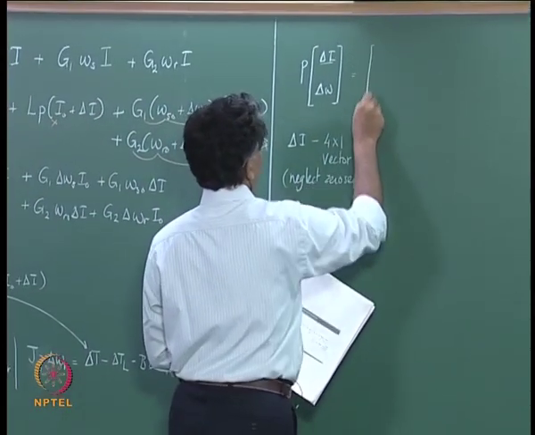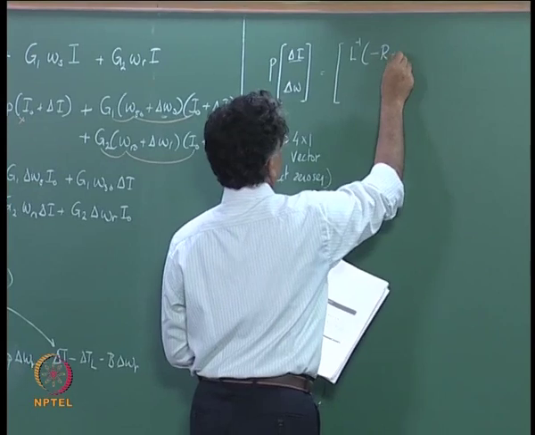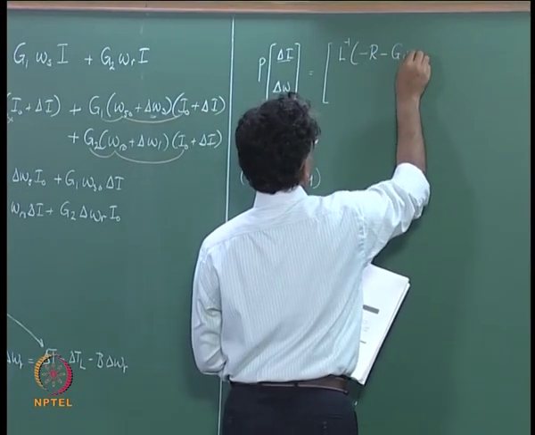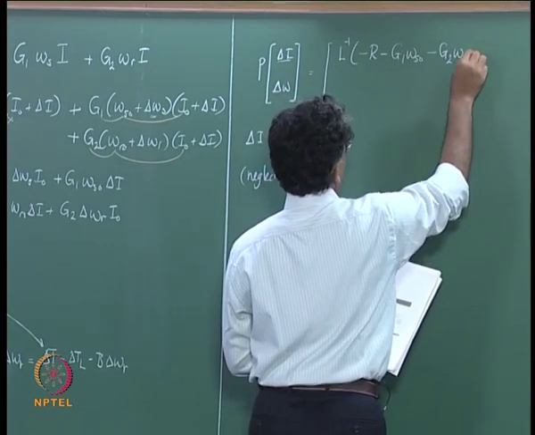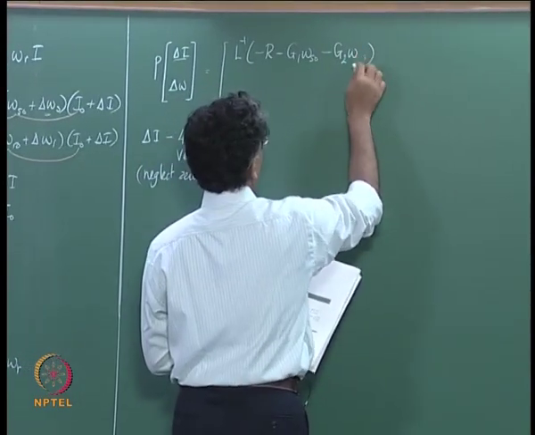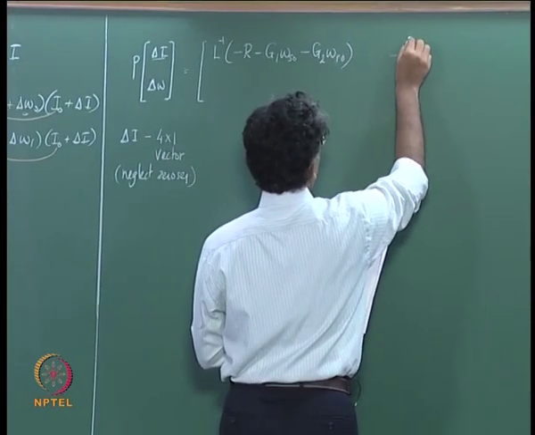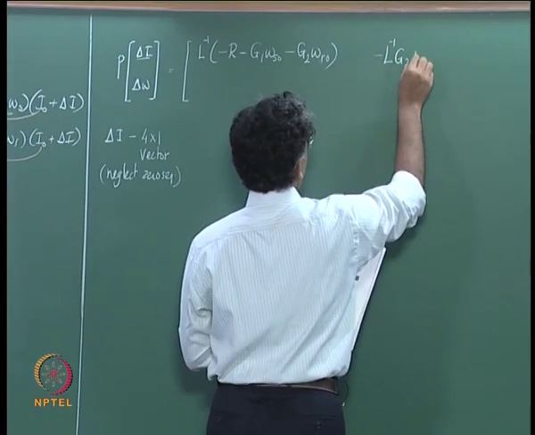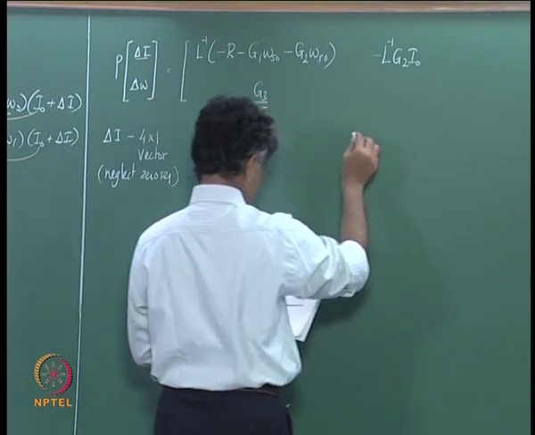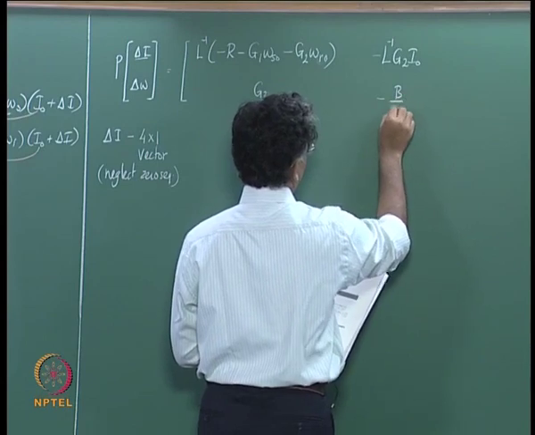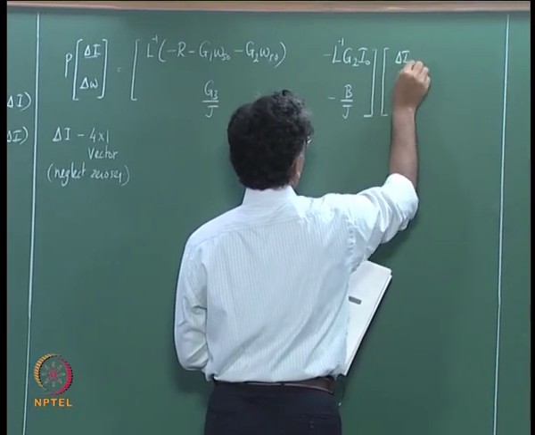So, this is then equal to L inverse multiplied by minus R minus G1 omega S naught minus G2 omega S naught, G2 omega R naught, and then in the second column you have minus L inverse G2 into I naught, and here you have G3 by J, and then here you have minus B by J. This matrix multiplied by delta I and omega r